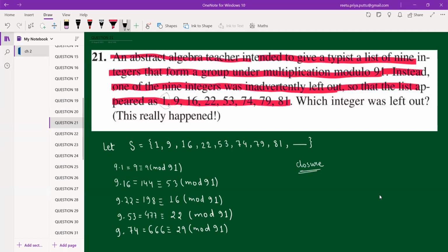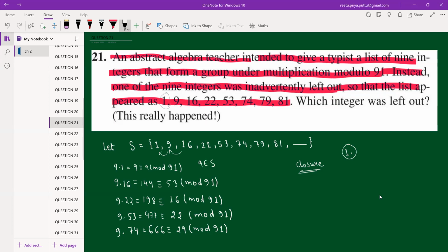For the identity element 1, 1 times any number belongs to the set. I'm considering the set as S. So you cannot conclude anything by using the identity element, and we have to see some other element. After the identity, I have 9. So I multiply 9 with every number and see whether all the results belong to the set or not. First, I multiplied 9 with 1, and yes, it belongs. The 9 is there in the set, so 9 belongs to S.